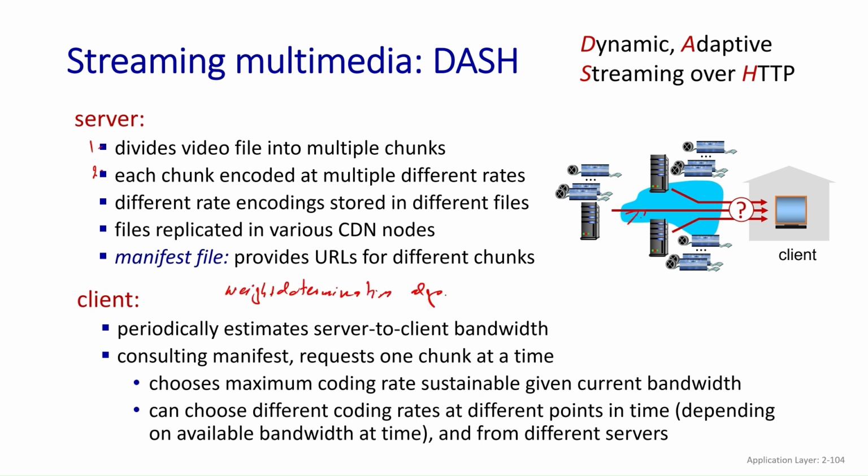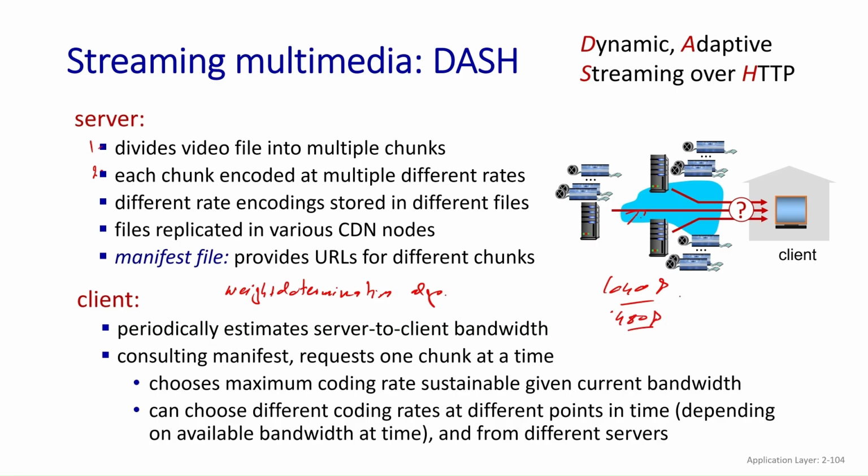It requests one chunk at a time, right? And if your connection quality is good, we'll go with the maximum encoding rate that can be sustained given the current available bandwidth. So if my bandwidth is doing pretty well, for example, I'll go with 1040p. If my bandwidth is compromised, I can degrade it to a lower rate, for example, 480p,